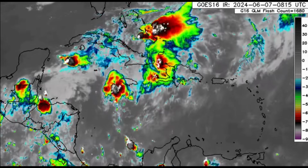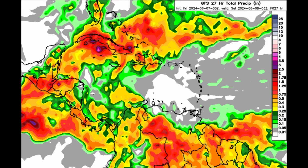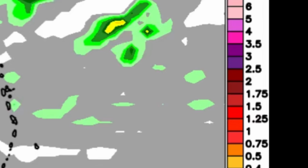Now let's go ahead and take a look at the rainfall forecast. We're kickstarting with the GFS model, and as the map becomes more colorful, that is indicative of more rain expected. So as we head to those shades of burgundies, we're heading up to 2 inches of rain in accumulation, throughout most of today. And then as we head to those purples, 2.5 inches, 3 inches, and then the pinks going up to 3.5